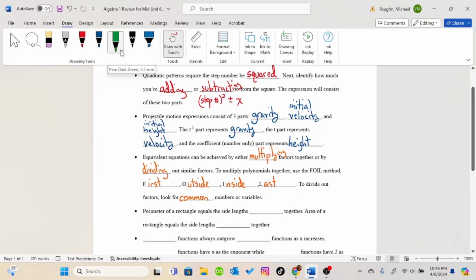Number 4. Perimeter of a rectangle equals the side lengths added together. The area of a rectangle equals the side lengths multiplied together. So they're going to give you a situation in which you are trying to build a 3-sided fence against a building, and you're going to need to be able to fill out a table with the width or the length